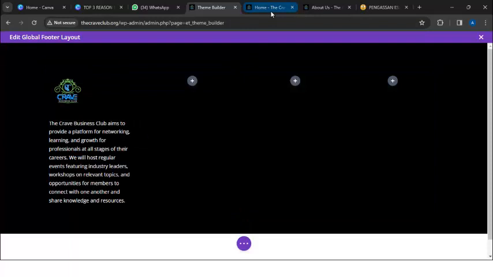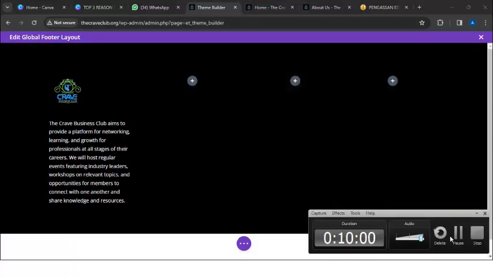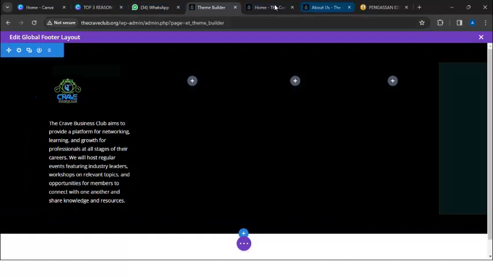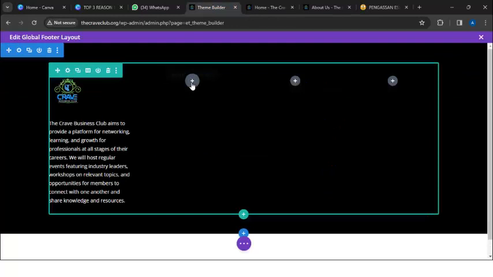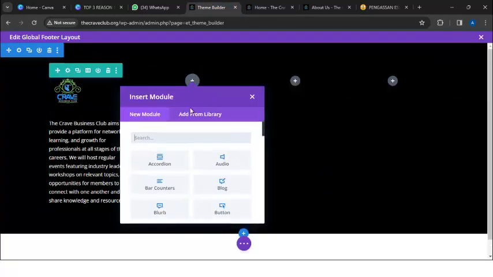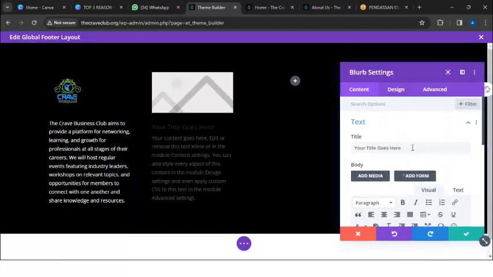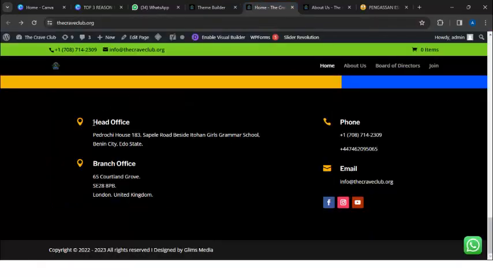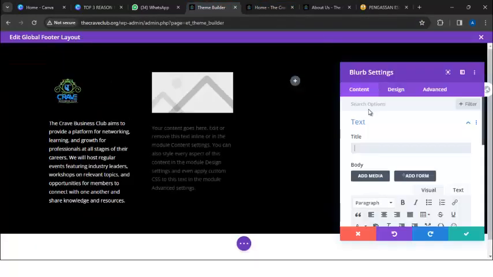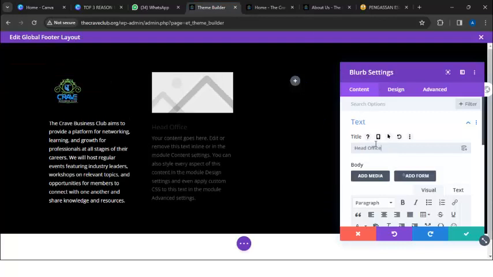Now the next thing I want to add, so I'm going to add the addresses. So I'll just go to this new module here. I'll click on it and I'll search for blob. Can you see blob? Okay, so you can see it. I'll click on it and then I'll remove this title here, and then I will add this. Okay, you can leave the title there. I'll just say head office,